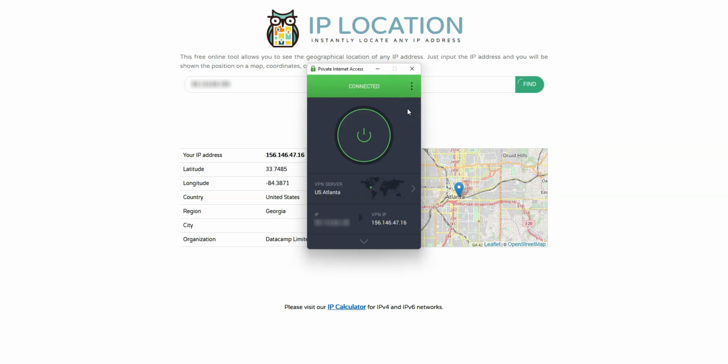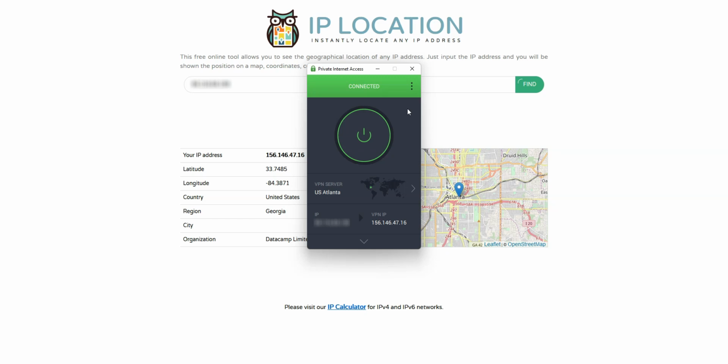As I'm now connected to a secure VPN server, my internet traffic goes through an encrypted tunnel that nobody can see into, including hackers, governments, and my ISP. I can now browse the web and download with more privacy, as well as access websites and apps that are blocked in my country. Note that Private Internet Access is also P2P friendly.